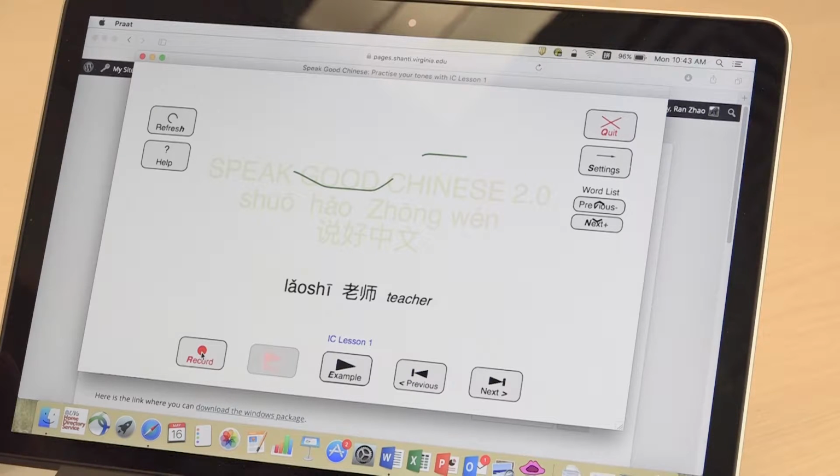So they can hit the record button. 老师. And then their speech will enter the program and be processed, and the red line indicates their own tones, how it is reflected visually. So here you see the red line and the green line don't line up, and then it says it's wrong because